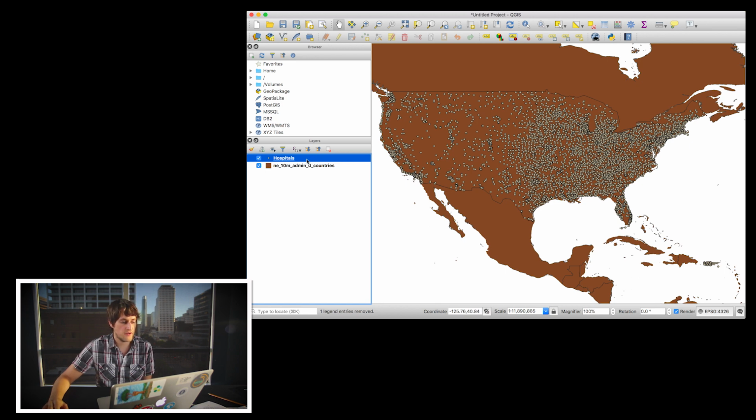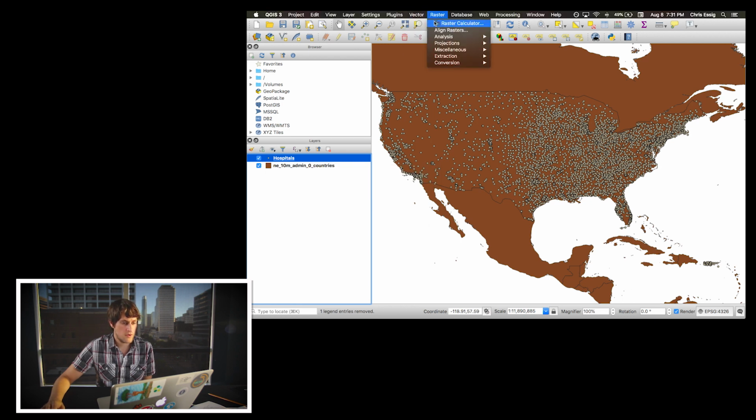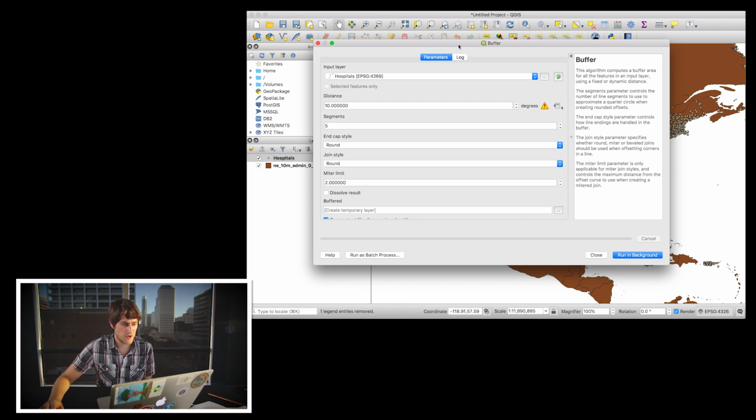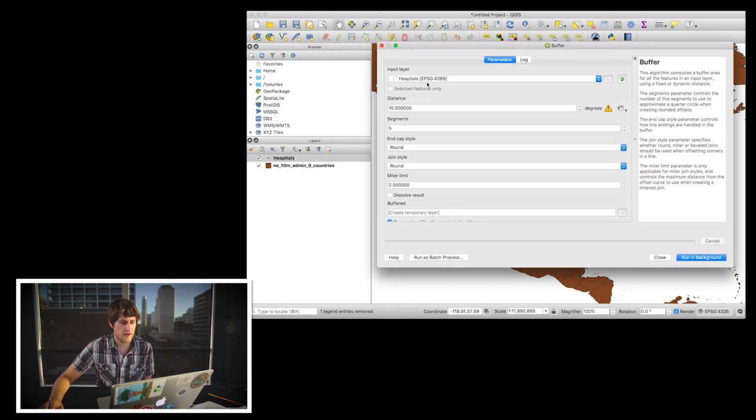Go ahead and select your hospitals layer in the Layers panel. Go up to Vector, Geoprocessing Tools, and go to Buffer, which is at the very top here. It's going to pull up this little panel. The input layer has already been selected because we right-clicked on it, so it's going to be hospitals. This distance